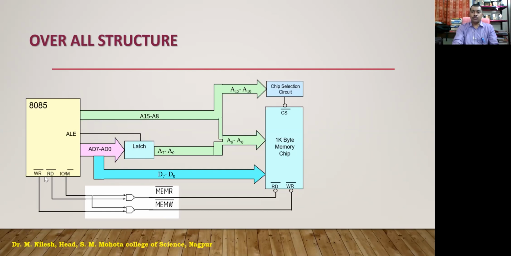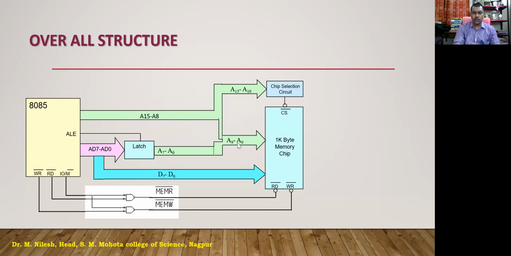Similarly, when we have to write the data, the address line is going to give the address where we want to write the data, and this data bus is going to give the data which we are expecting to write in the memory location. So in our case, we have written the data in the memory address 6051. That 6051 is specified on this 16-bit address bus, A0 to A15.